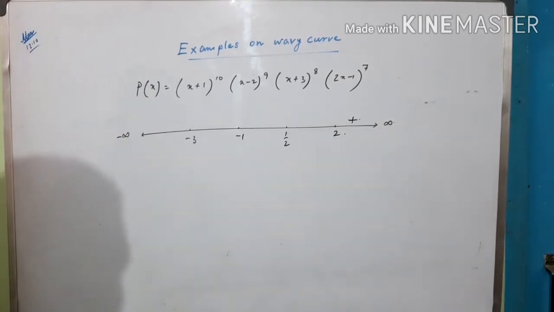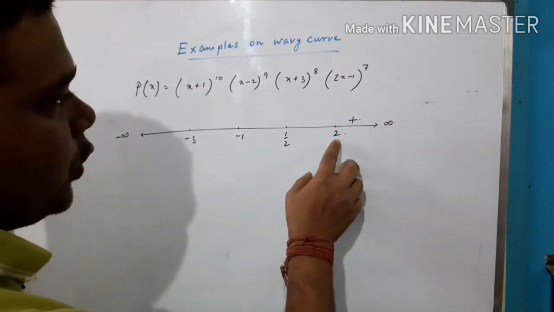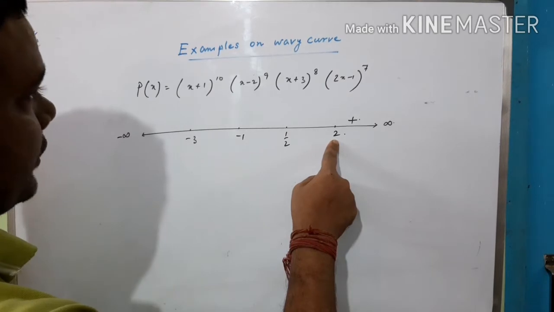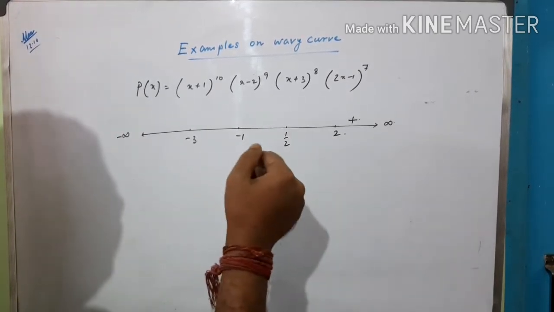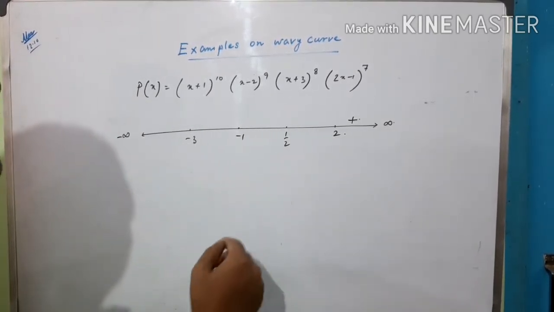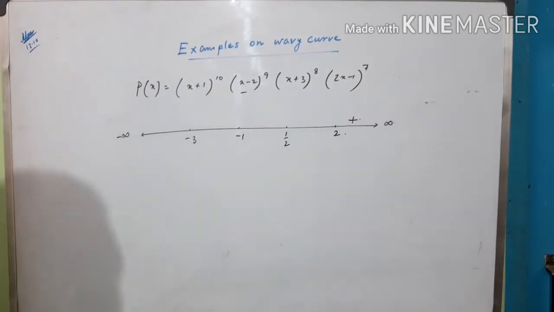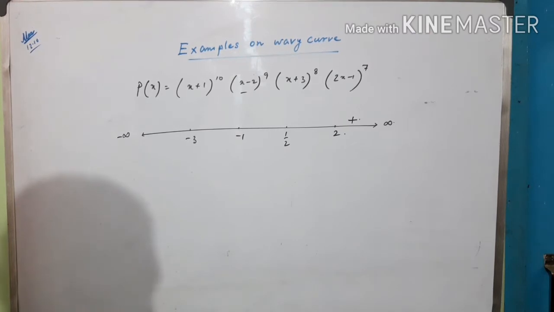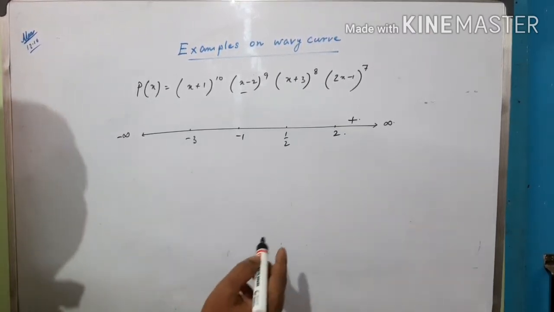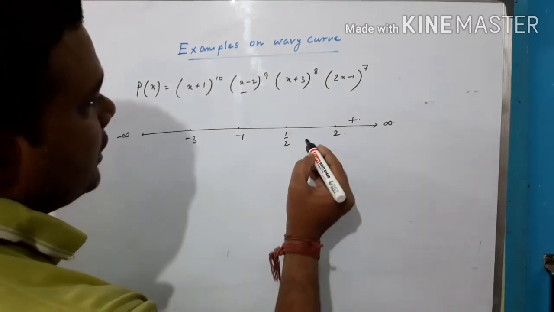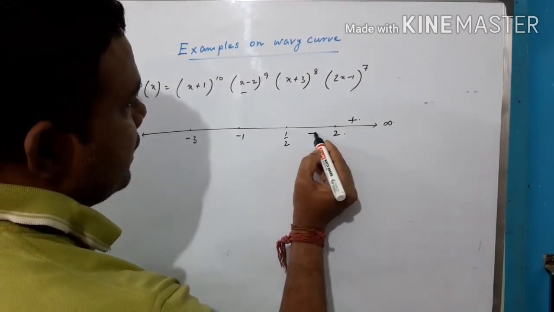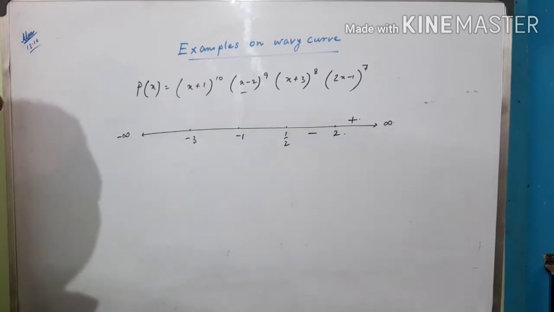Now see that when we are coming to the adjacent interval, just remember 3 questions. Who is separating the interval? 2 is separating the interval, first question. Next, from which factor is 2 coming? So x minus 2 is the factor from which 2 is coming. And third question is, what is the power of x minus 2? The power is odd. If the power is odd, then the sign will change. That is, plus will be minus.